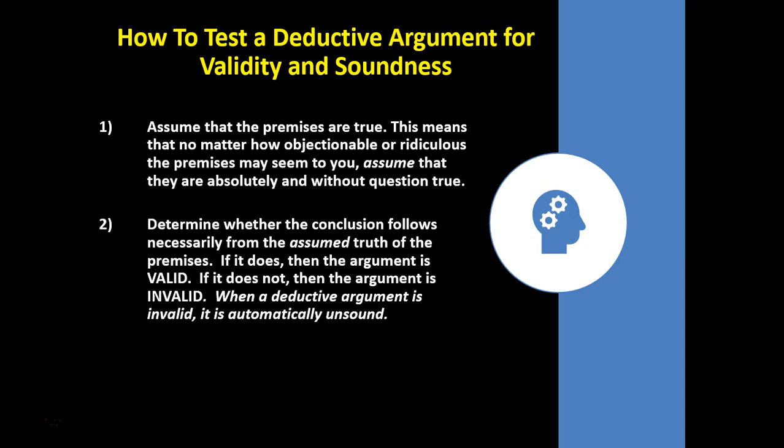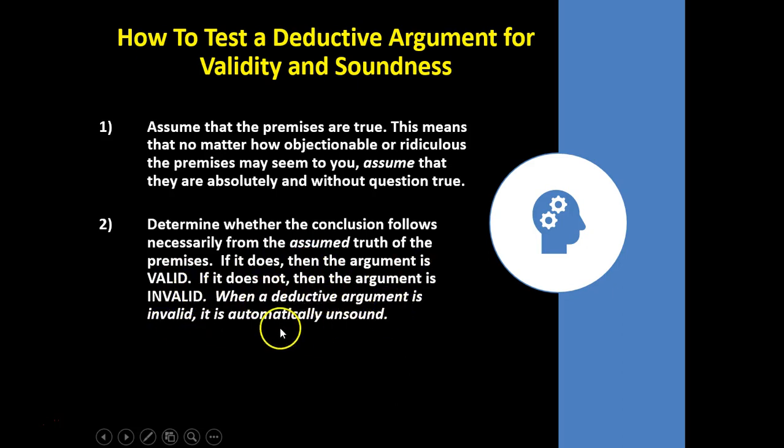And then you determine whether the conclusion would follow necessarily from the assumed truth of those premises. Would that conclusion have to follow? If you assume the premises are true, would that conclusion have to be true as well? So if the conclusion does follow necessarily, the argument's valid. If it doesn't, the argument's invalid. And again,